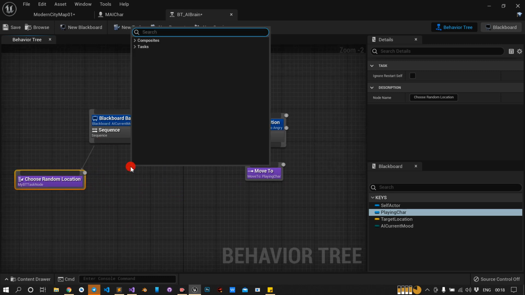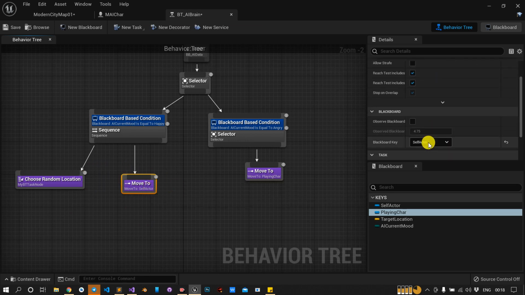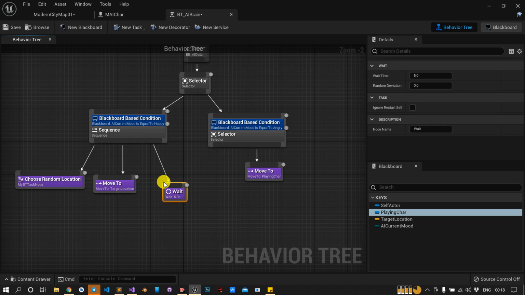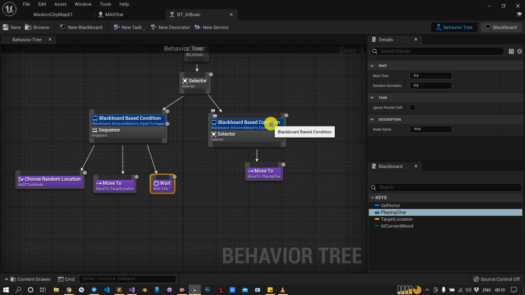Now I will move to that location. So, Move To, the target location, and then I will wait for 5 seconds and do the same task again. Now Control P.